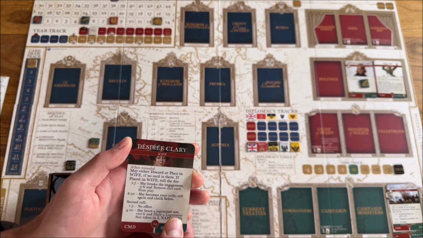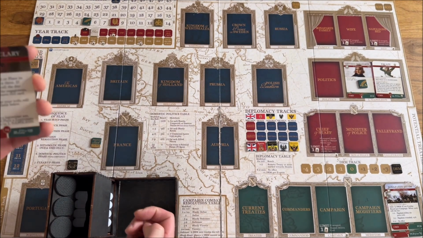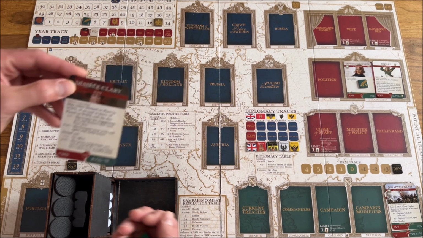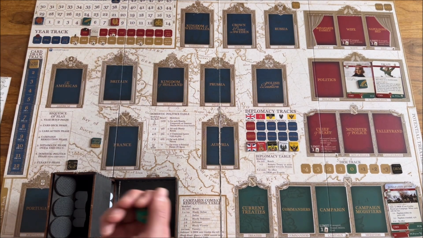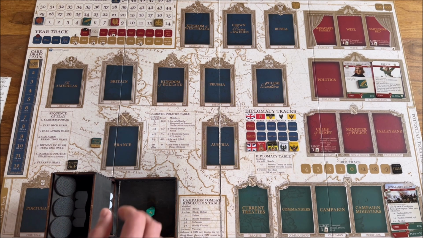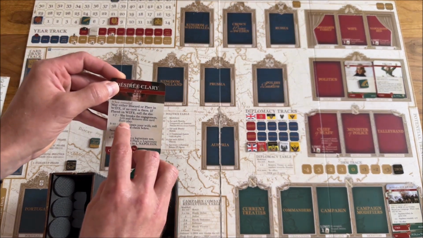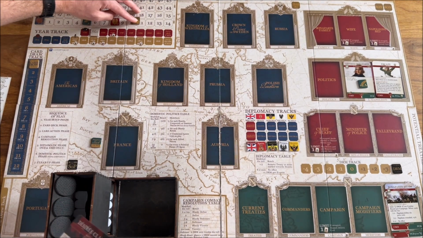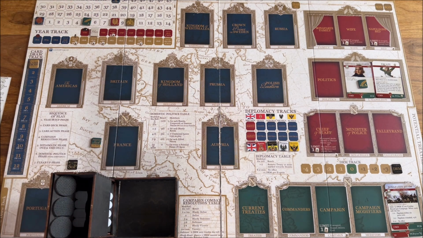Guys, we need to risk. We need to risk. So yes, I want to put her as a wife. And let's see. 8, 10. It's not easy. It's just 30%. And we might lose 3 glory. 3? Yes. She breaks the engagement, -3 glory, and remove a card from play. Well, no luck in love, maybe